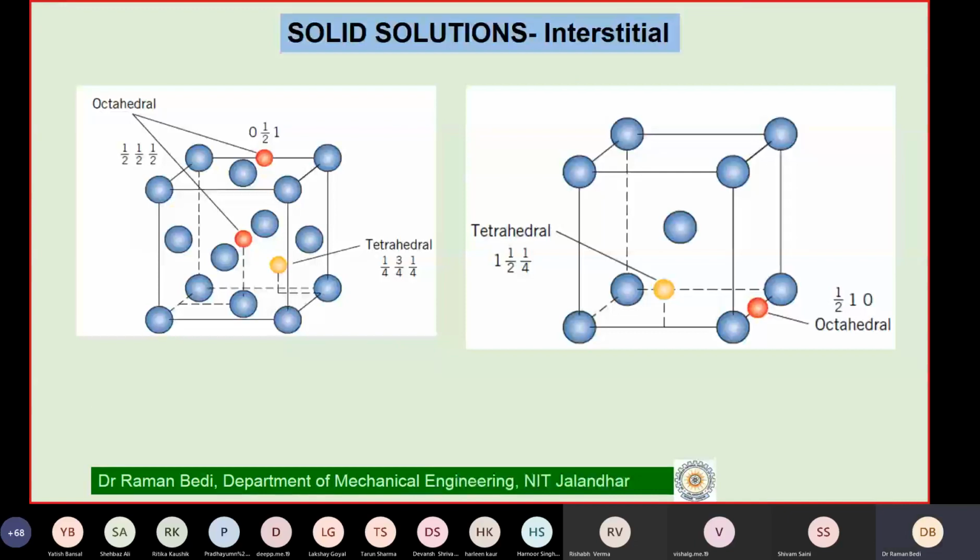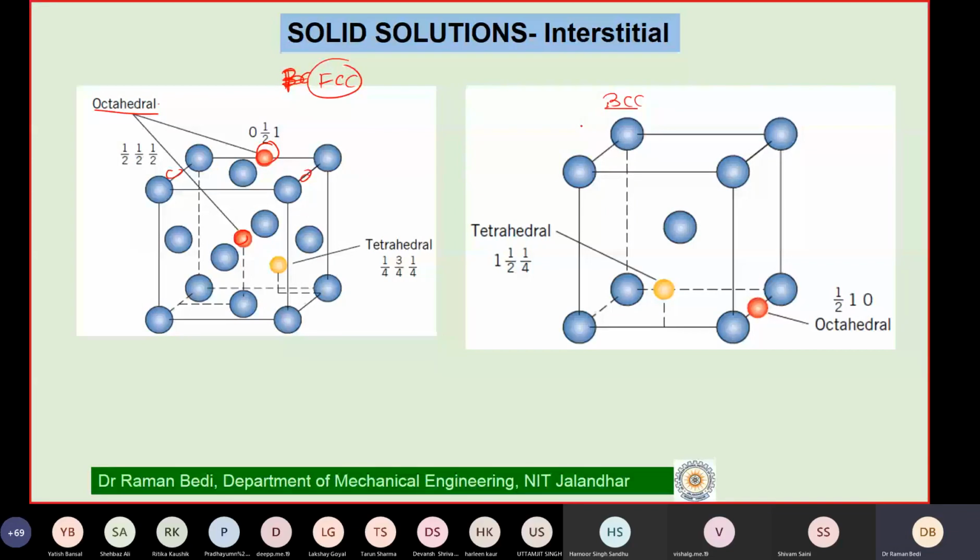So this is where your interstitials are located in the case of solid solutions. So you have the octahedral sites. This is just giving you the coordinates of that. So we have already known both of them are for iron. This is for your FCC, and this one is for your BCC. So in the case of the FCC lattice, the octahedral sites are located at the center and at all the edges. So the coordinates are given to you, for the tetrahedral and octahedral sites, and they are given here.